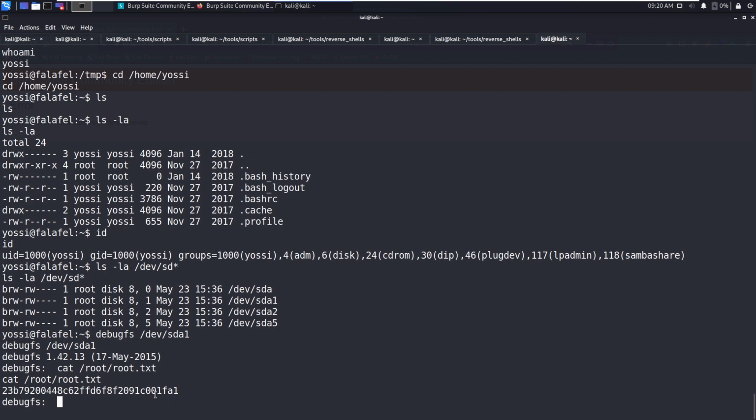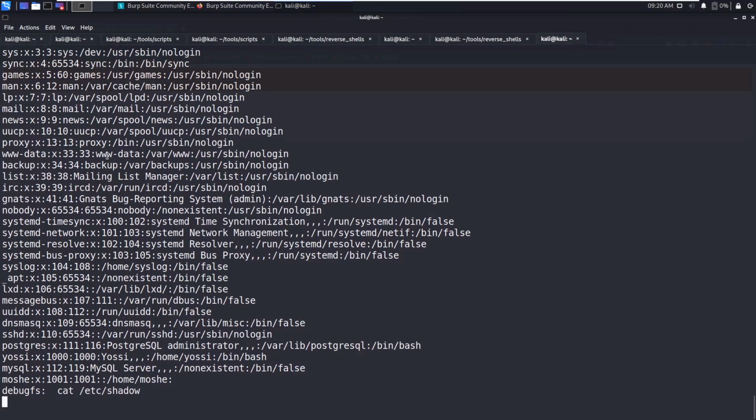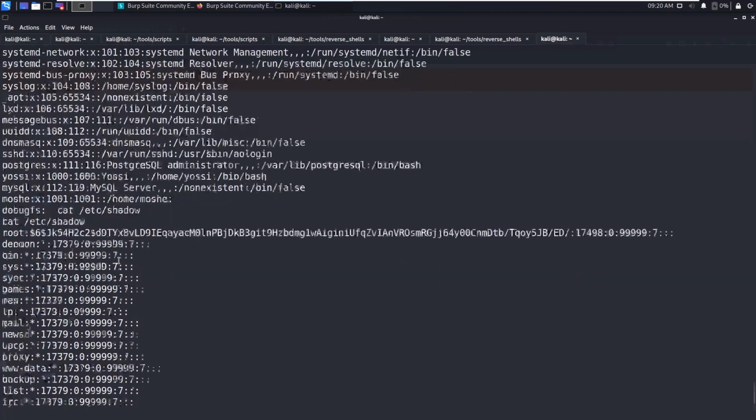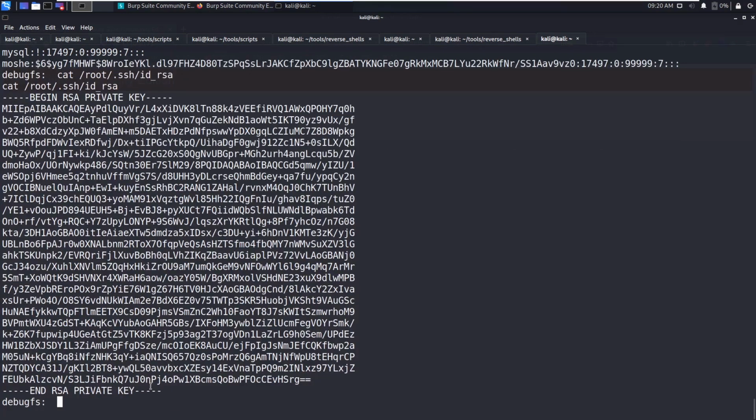Then what we can fetch is /etc/passwd, also /etc/shadow. You can try to crack the hashes of the root user, but instead what you can do is cat the private key of the root user, .ssh/id_rsa. So copy this.